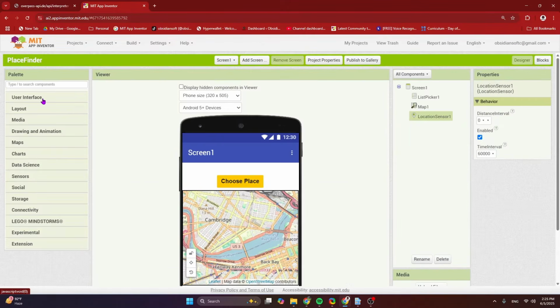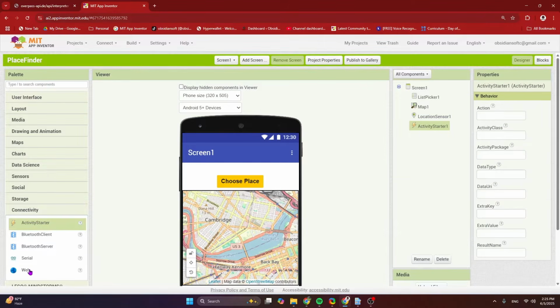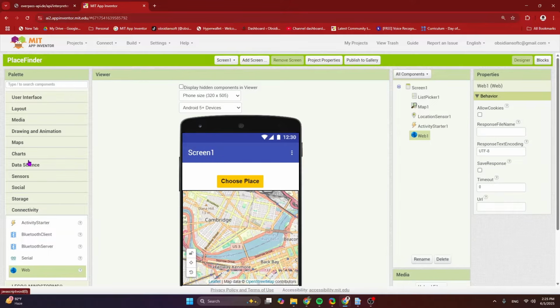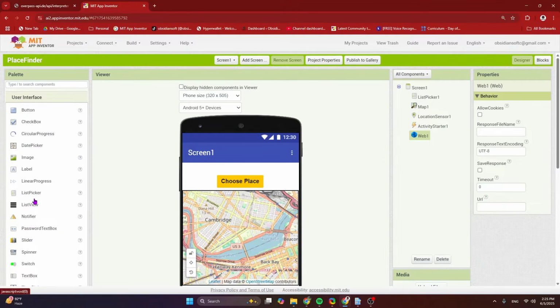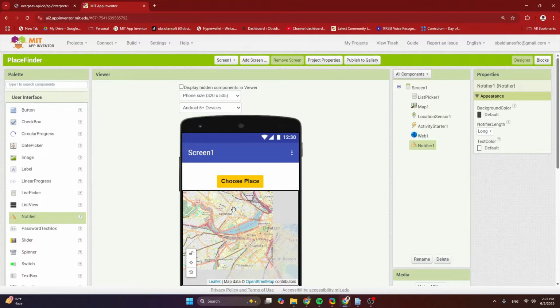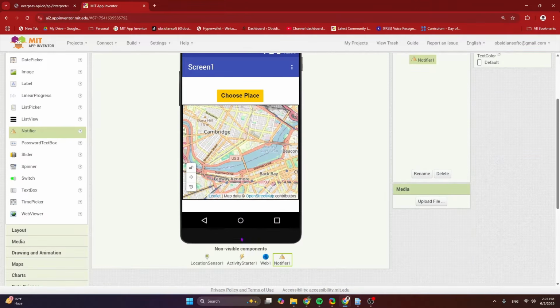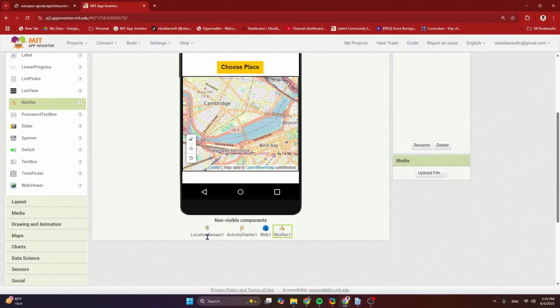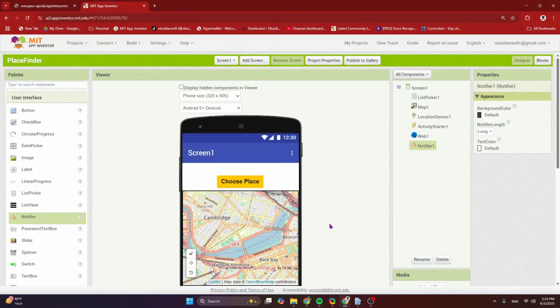Let me turn this off first. From connectivity, I need an activity starter and I also need a web component. And again, from user interface, I need a notifier. So 4 non-visible components: location sensor, activity starter, web, and notifier.